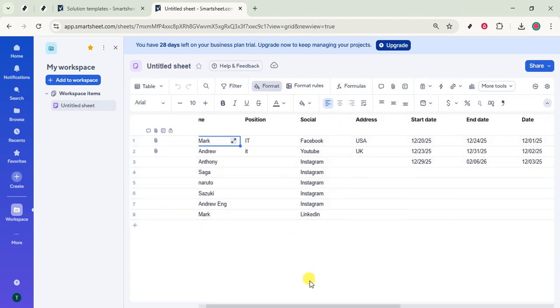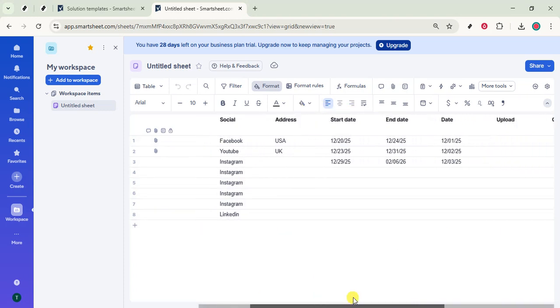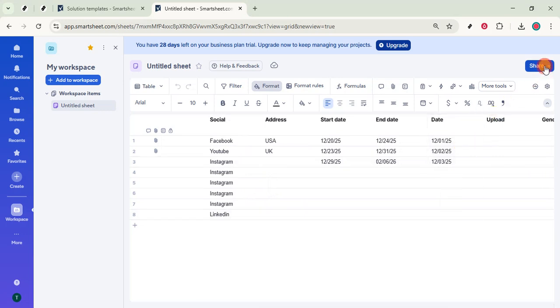Once the sheet is open, click the Share button, usually located in the upper right corner. This opens the sharing panel where you can control who can see or edit the content and what they can do with it. Before you add people, decide whether you want to share the entire workspace or just this one